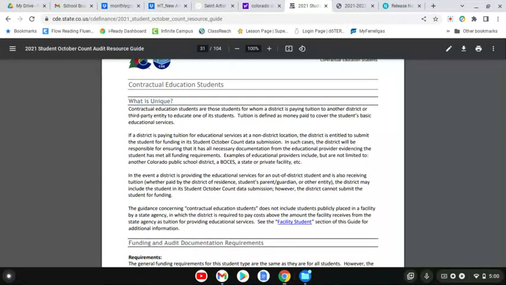Examples of educational providers include, but are not limited to, another Colorado public school district, a BOCES, a state or private facility, etc., which we determined we fall under a private facility within the district. In the event the district is, okay, the other part doesn't apply to us because the district is not providing services. Okay, so